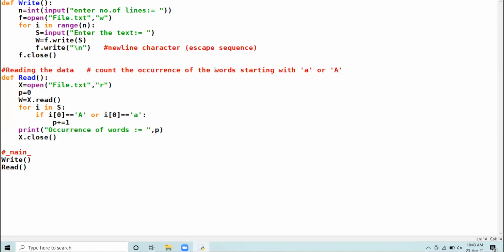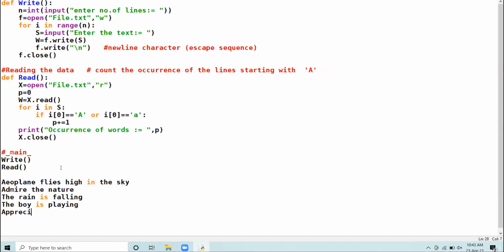Count the occurrence of lines starting with A. All the individual lines starting with A. For example, aeroplane flies high in the sky, admire the nature, the rain is falling, the boy is playing, appreciate the good students.